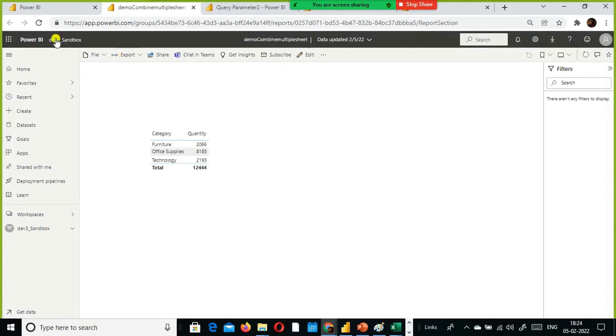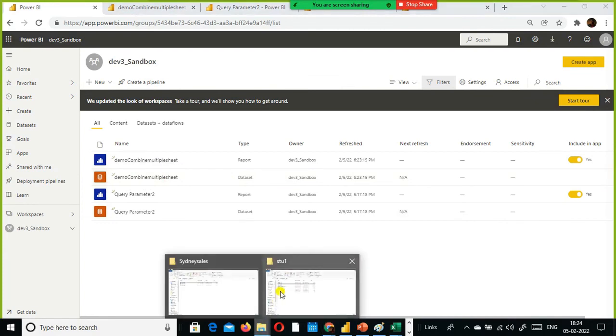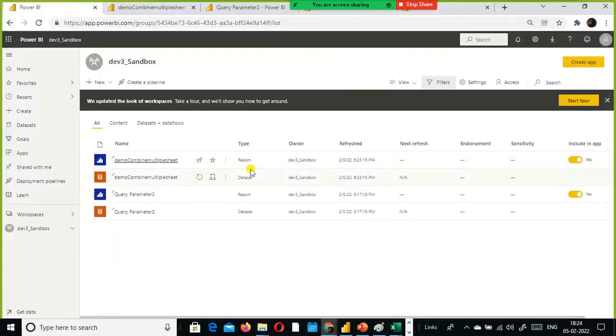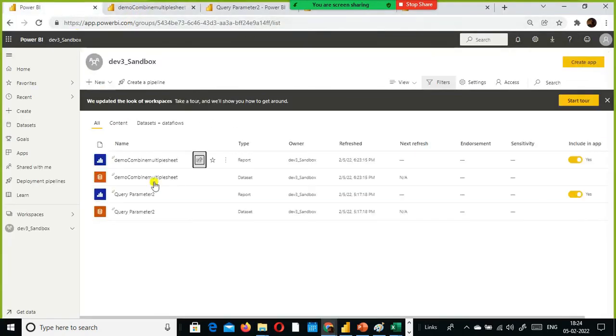Fine, the same value we can see here. And I just go here and this is my data file. What I do is I'm going to refresh now. Now I just go and remove this file. Let me see if this is 12,444 and I'm going to refresh it now.